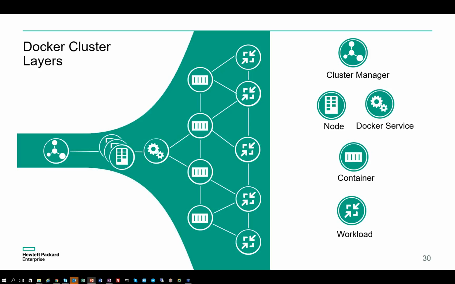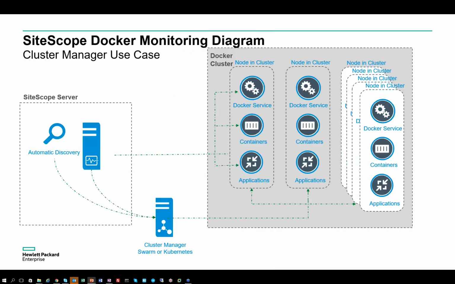Let's look now at where SiteScope comes into the picture in terms of Docker monitoring, and then we'll eventually contrast that with how RUM is able to monitor Docker. Here on the left you have your SiteScope server, and on the right you have the Docker environment with a Docker cluster with multiple nodes, each node running multiple containers. At the cluster manager level, we collect data about the health of the cluster